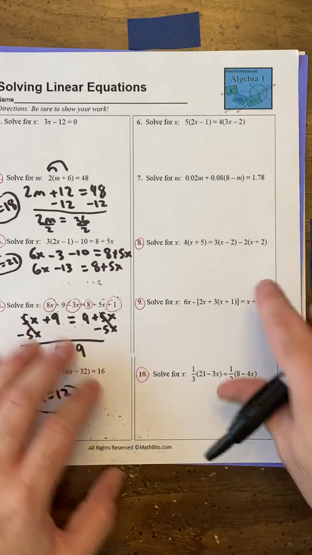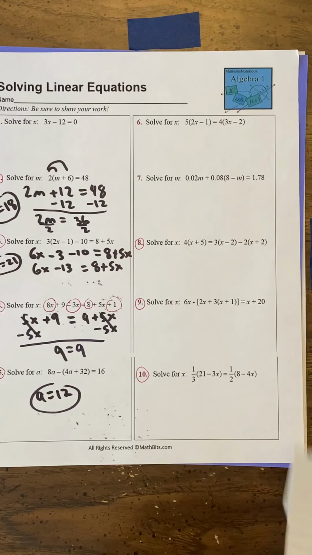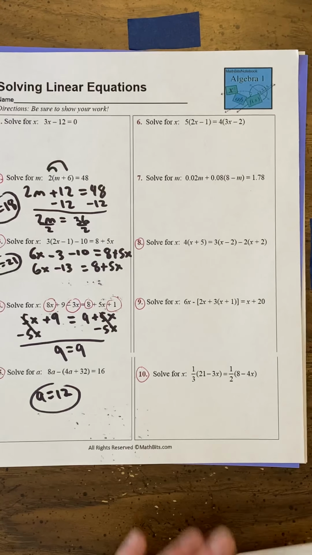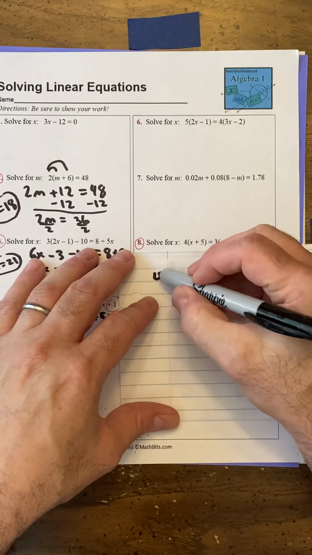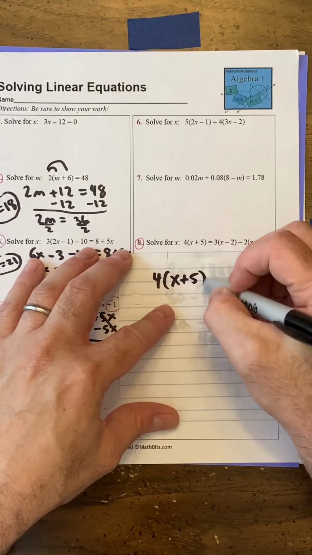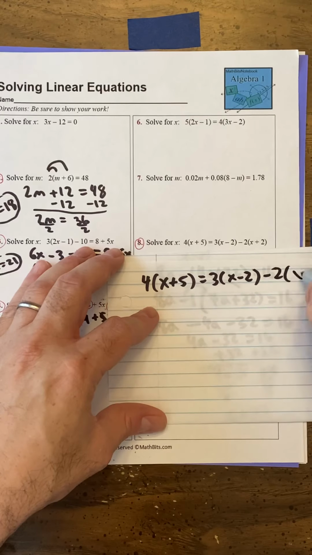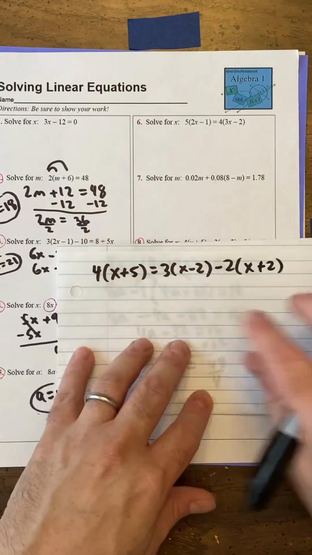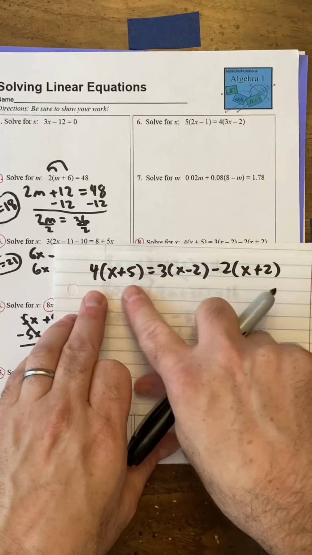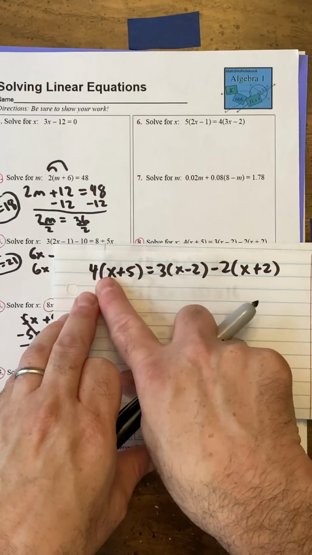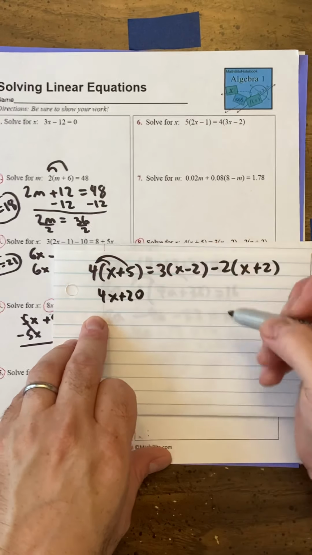All right, now let's take a look at an even more complex problem, which again I'm going to do on a separate sheet of paper just so that we have room. So here we have multiple parentheses. I'm going to rewrite it: 4 parentheses x plus 5 equals 3 parentheses x minus 2 minus 2 parentheses x plus 2. And again, you're going to want to eliminate all these parentheses by using the distributive property for each of these. So 4 times x and 4 times 5, you're going to get 4x plus 20